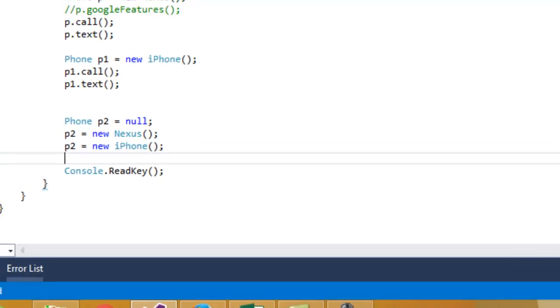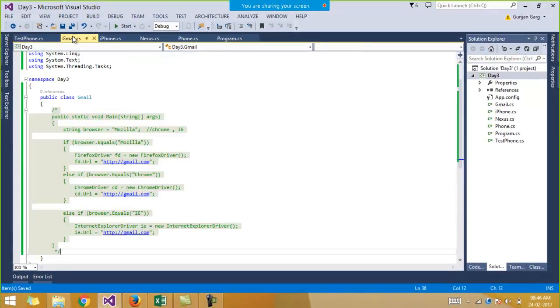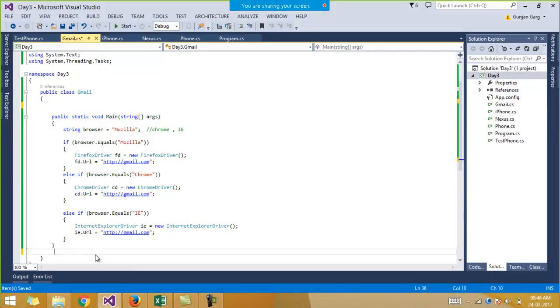All right, so this is the phone example. Now coming back to our problem which we were discussing, the Gmail example. Over here also, what we can do is this redundant code I was talking about a few minutes before: fd.url, cd.url, ie.url, and the same will go with the element, the username extraction as well.